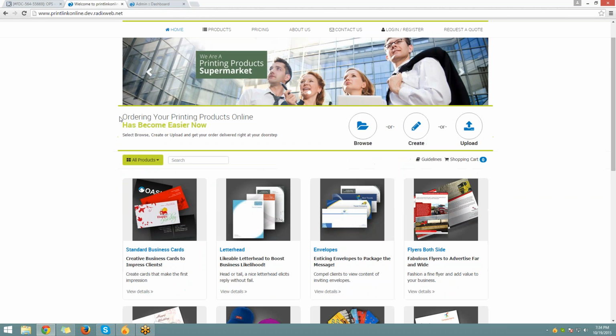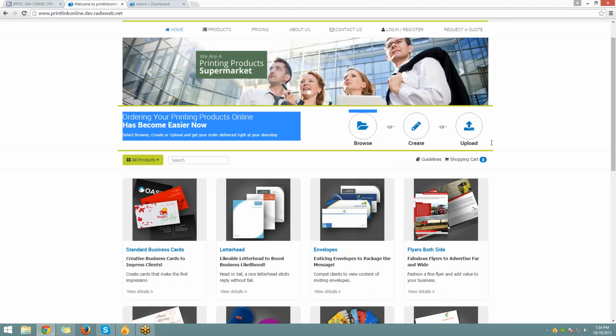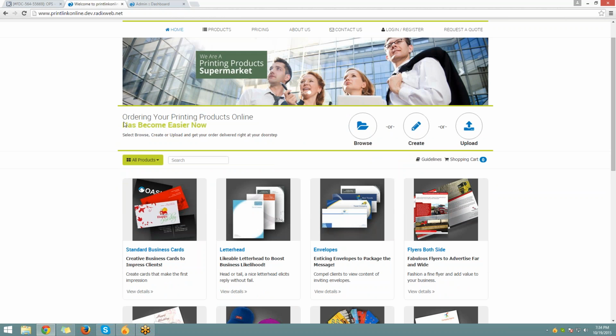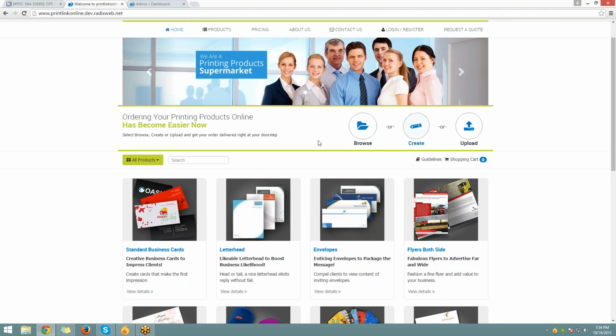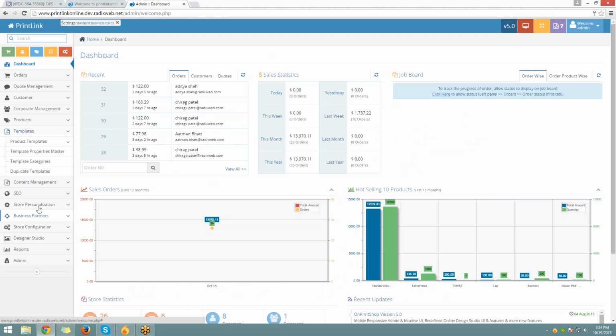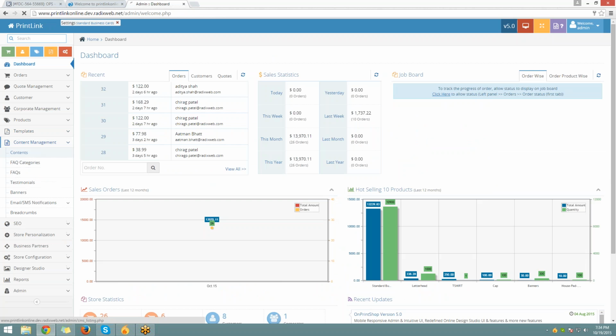Then after, this is the content area. Right now some information is there, like ordering your printing products online has become easier now. Still browse, create, upload, and all those things are there. But if you want to change this particular text, then you can directly change it from your side. You just need to go to admin, then content management,